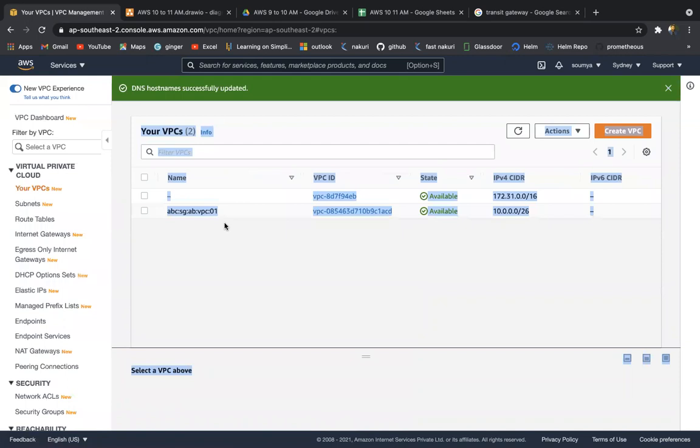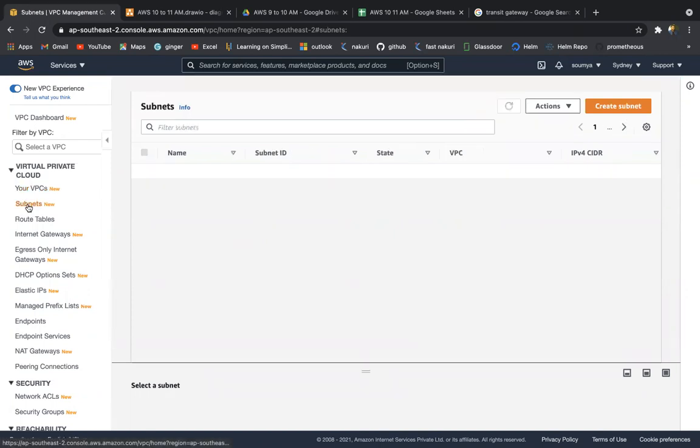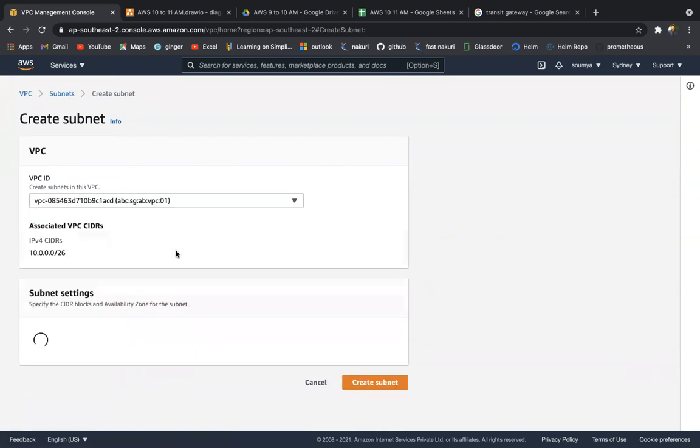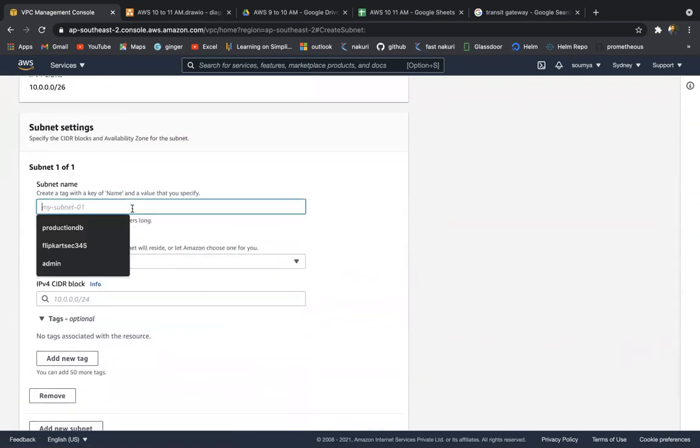So right now we are doing this manually. Next, we are going to understand automation using scripts. How can we create a VPC? How can we deploy the EC2 instance using Terraform or using CloudFormation? We'll discuss that a bit later. So let's try to create the subnet which attaches to the VPC, and